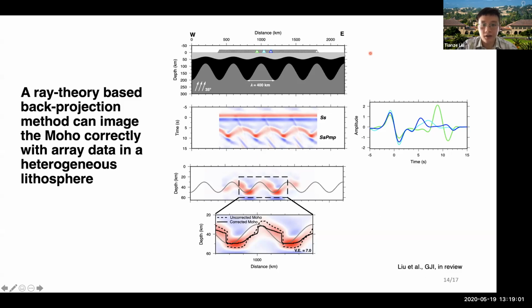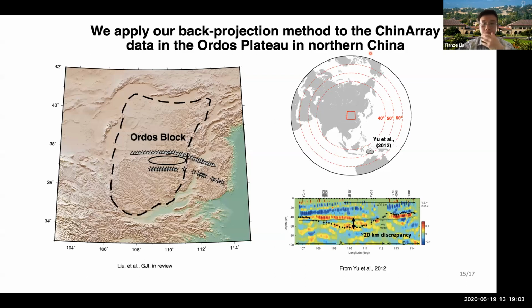Finally, let's see how this applies to field data. Now we are coming back to our initial example, which shows very different VDSS Moho depths and receiver function Moho depths in the Ordos block in North China. And people want to study the Ordos block because it seems to be the remnant of the Archean North China Craton,